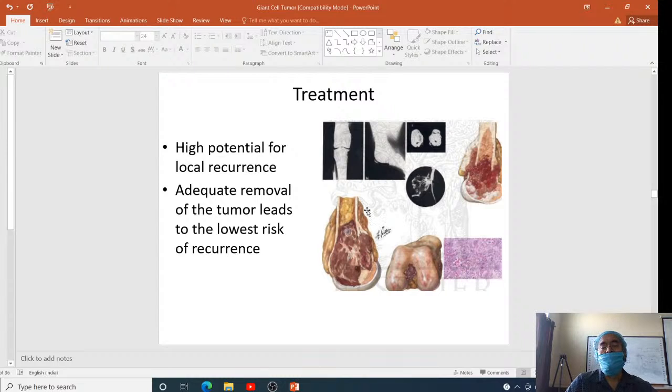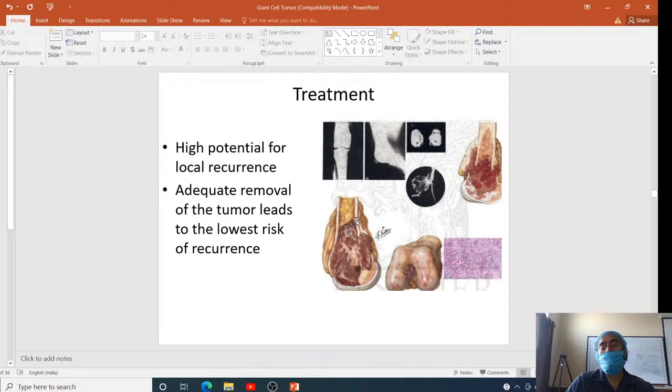So how do you do that? We'll see later. But here, while taking this out, you need to take out the whole thing inside, which has to be scraped down. Once you scrape out everything, then you wash this cavity with liquid nitrogen or phenol solution, so as to kill these residual